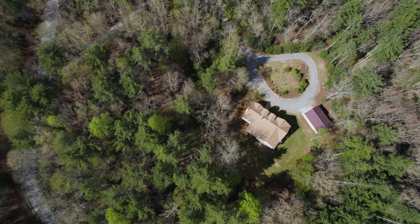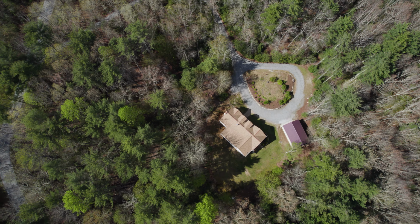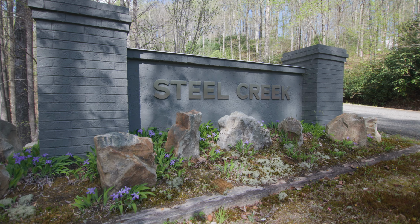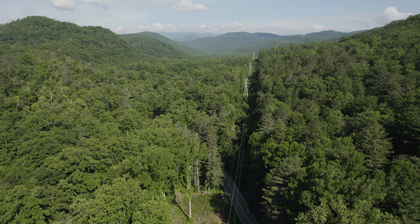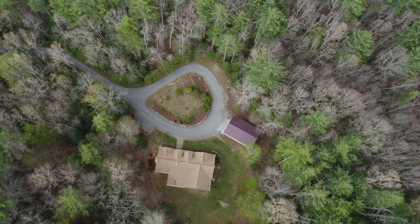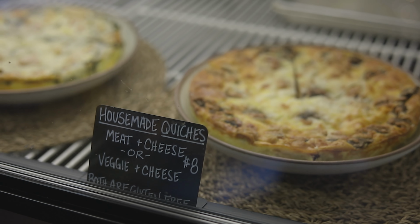The home is situated in the middle of 8+ acres of diverse forest with old growth trees, springs, and creeks. Located in the protected private community of Steel Creek, with easy access to Brevard, Pisgah National Forest, and Asheville Regional Airport. Even better, this home is only 2 miles from Cedar Mountain Outpost, one of a few authentic local restaurants